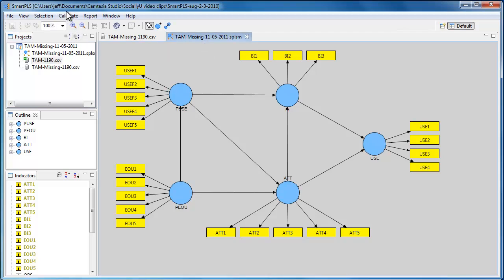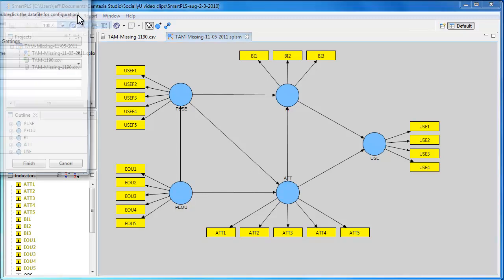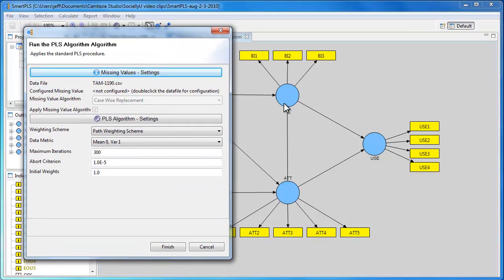So we go into the Calculate menu once again and we choose PLS algorithm. This time the Apply Missing Value Algorithm checkmark is grayed out because we're using a data set that is complete. If we say Finish,